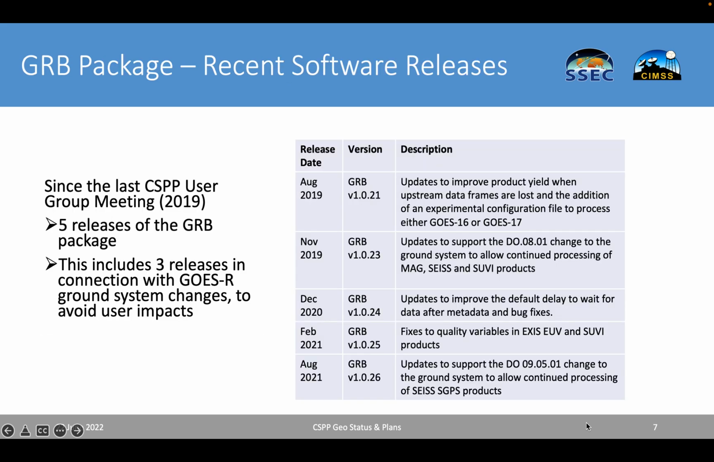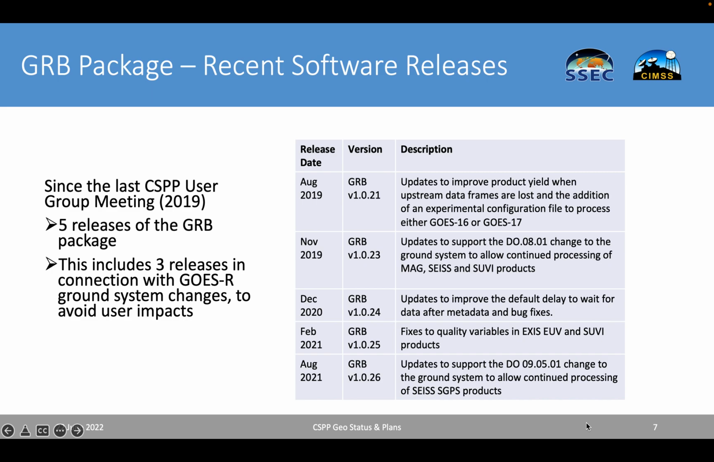So looking at recent software releases, since the last CSPP user group meeting in 2019, I counted 5 releases of the GRB package. This includes 3 releases that were associated with updates to the ground system. So what happens is sometimes when there's an update planned for the ground system that affects GRB, actually whenever there's an update that may affect GRB, we get documentation and test data if we ask for it from the ground